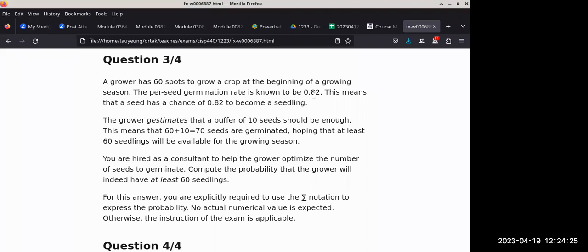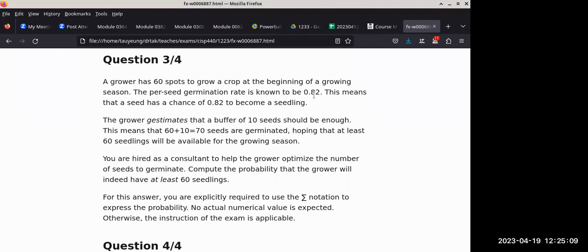So then you look further and say, okay, if the first seed germinates, does that mean the second seed cannot germinate? Am I removing a possible outcome because the first trial already has it? The answer is no. It is independent. Every single seed can succeed or fail. So that confirms that this is indeed a binomial distribution. And we have the probability too. The probability of 0.82 right here is going to be either P or Q, that we saw earlier. And then 1 minus 0.82 is going to be the other one. Which one you want to be Q, which one you want to be P, doesn't really matter, because in the end, you just have to make sure that the powers are correct.